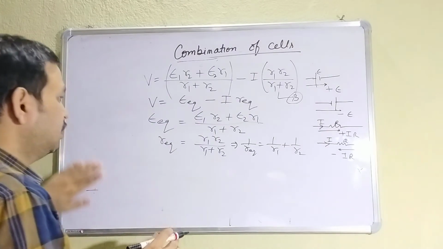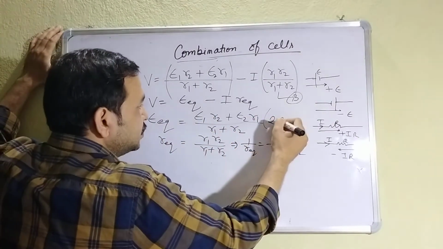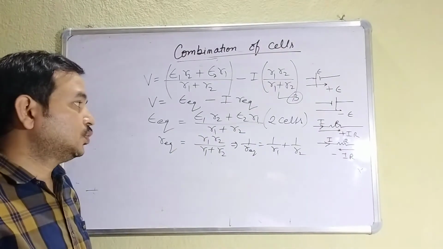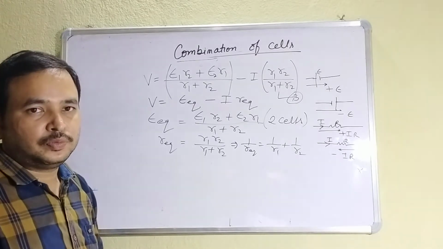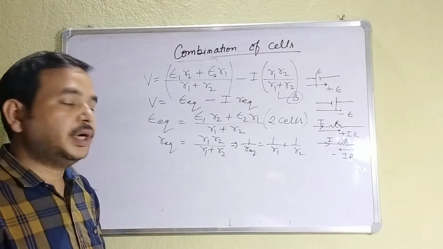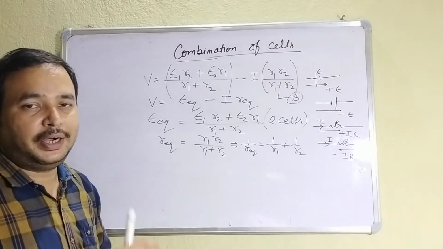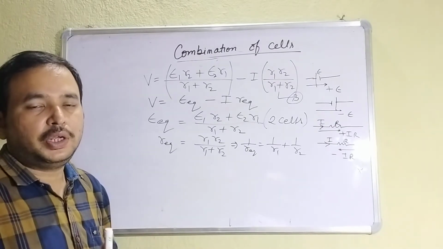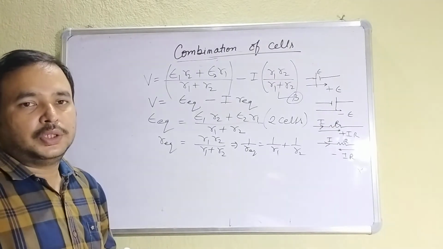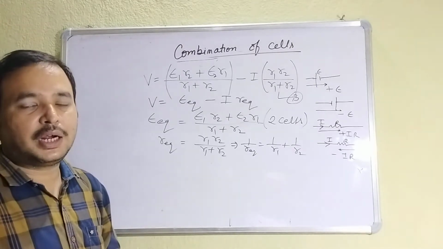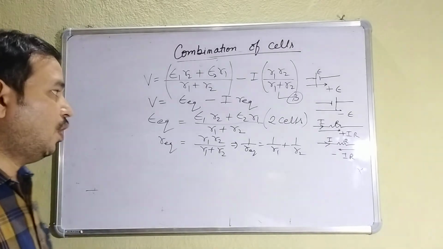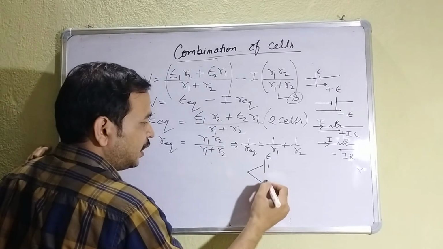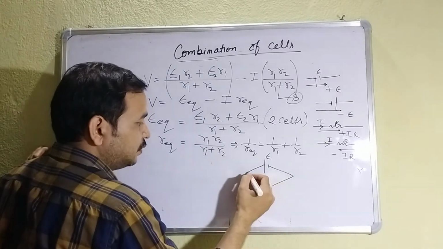In parallel combination, I have written this formula for two cells. If you ask how we can apply the formula when there are more than two cells, remember students, if the cells are more than two and their EMFs are different, you cannot apply this formula, or there is no formula for equivalent EMF of cells whose EMFs are different and which are combined in parallel. Yes, for the same EMF, suppose the same EMF E, if they are connected in parallel, then there is a formula.